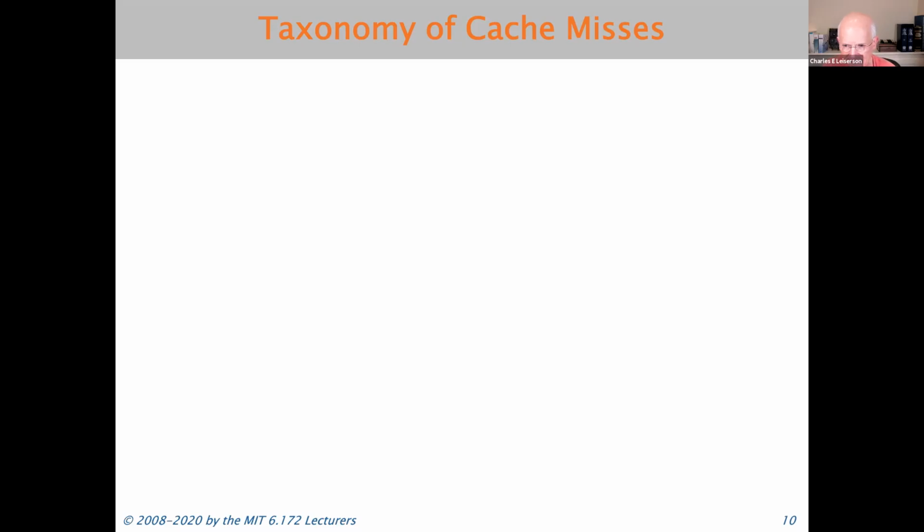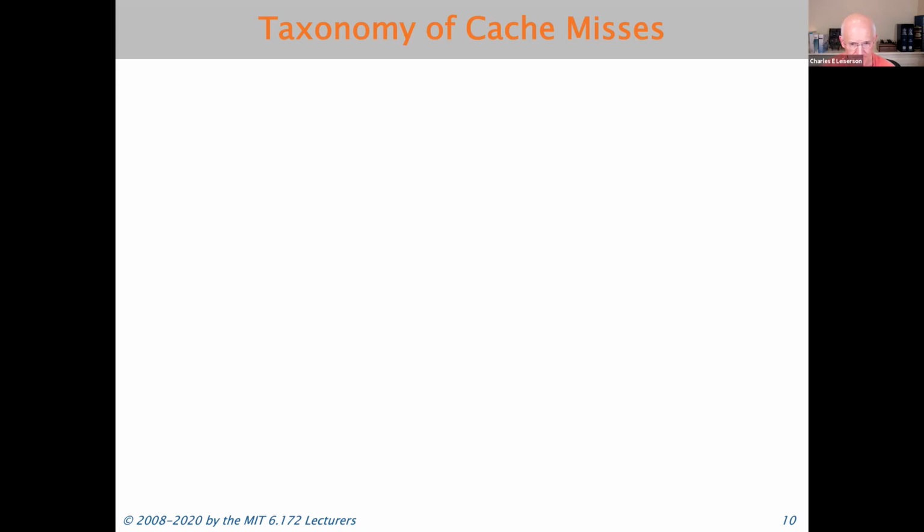Now, when we attempt to access a cache block, if it's in the cache, we call it a cache hit. If it's not in the cache, we call it a cache miss. Since cache hits are good, we don't worry about them too much. We don't look to see why we were successful. We just pat ourselves on the back and say, hey, we got a hit, that's great. But cache misses cost performance. So it's helpful to categorize the different reasons for a miss, so that if you know the reason for the miss,